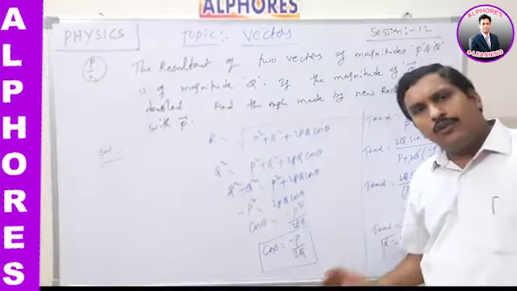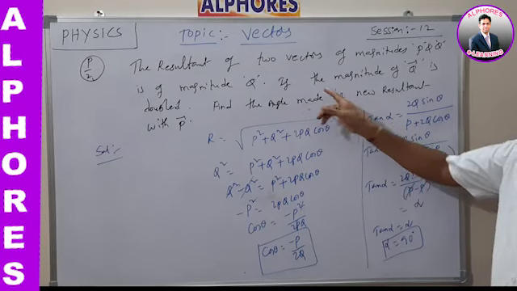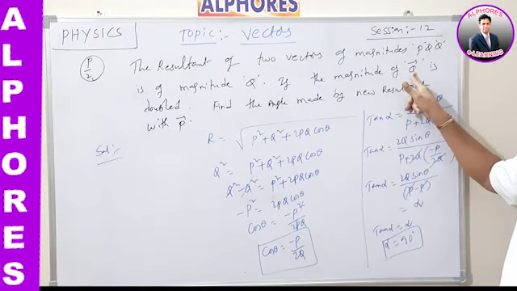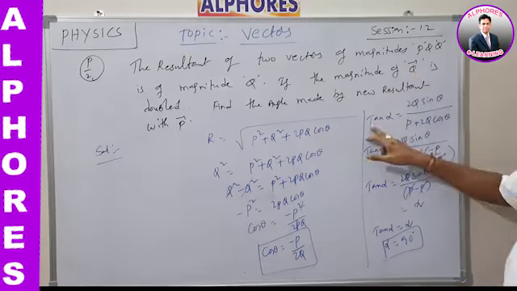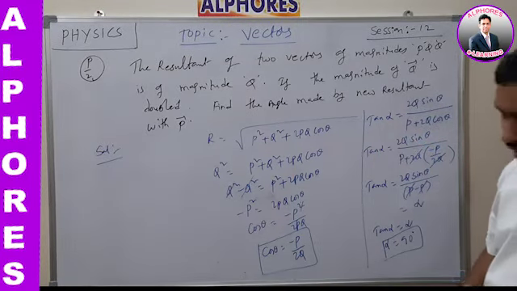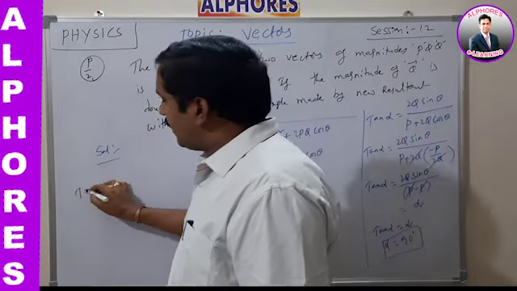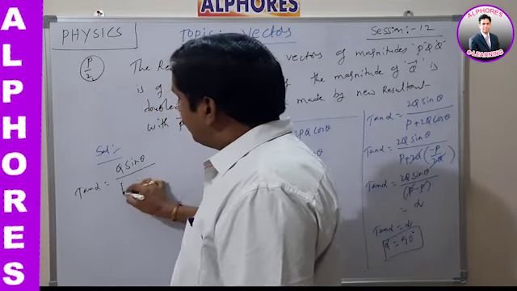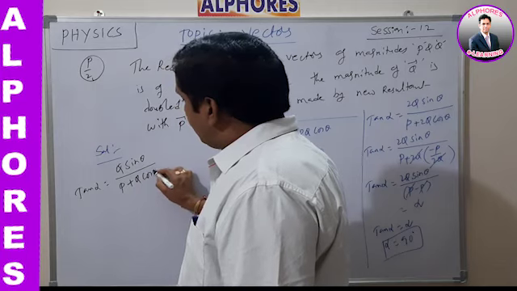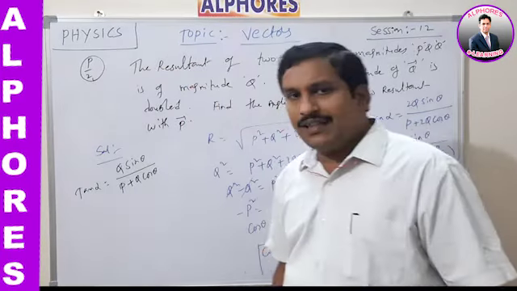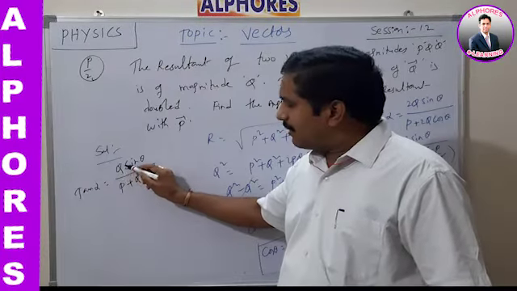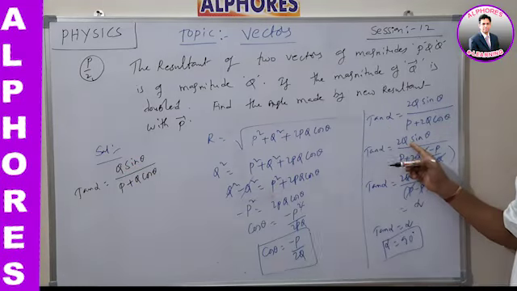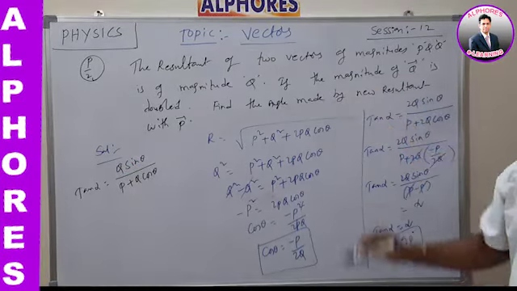Minus p by 2q. That means again if the magnitude of second vector q bar is doubled, that means tan alpha is equal to, we know the general formula. What is the formula actually? Direction. Tan alpha is equal to q sin theta by p plus q cos theta. This we know already. It is derived in the last classes. Okay, as per this condition here in place of q I am substituting 2q. Why? Means the magnitude of q bar is doubled according to that question.